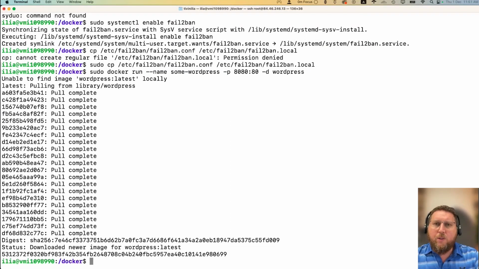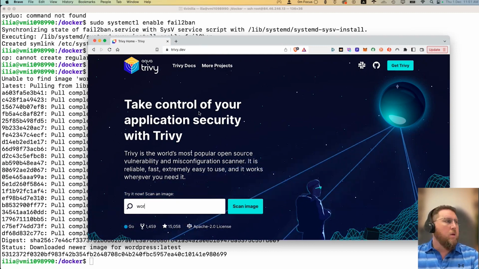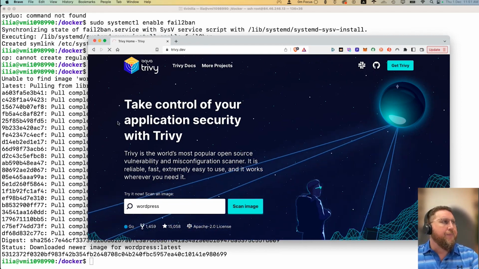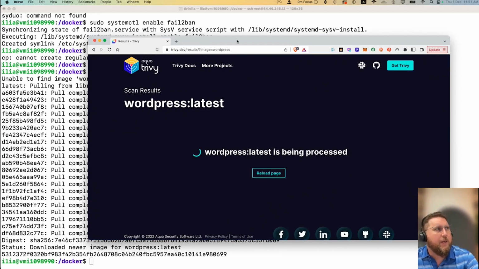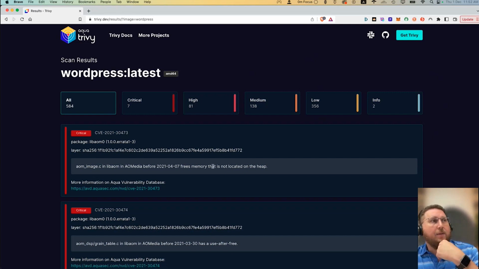One thing that we can always do if we want to check if we're running Docker or any dependencies, we can always go to Trivy, which is done by Aqua, and we can scan various Docker containers and everything around it, even our Docker containers that we have developed, the applications, and just make sure that everything is properly protected from vulnerabilities. You can see WordPress, the latest, you can see seven critical vulnerabilities and everything around it,